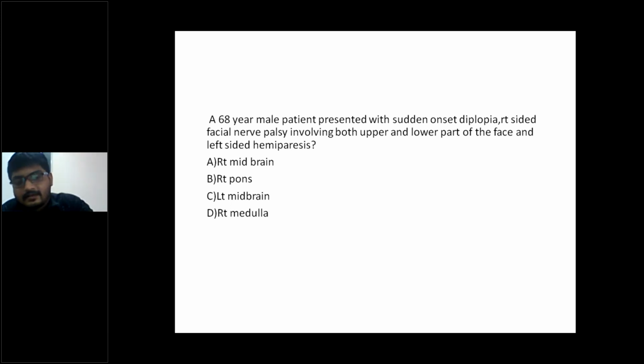And the same mimic, the same question I have focused on while discussing the PPRF and MLF. I have given this question actually. PPRF, MLF, one and a half syndrome, I discussed that before lockdown. I discussed paramedian pontine reticular formation and MLF. If the right pons or right medulla oblongata or right midbrain is affected, then the deviation of eyes to the right side is due to involvement of the gaze center, and weakness is on the same side. We have discussed this thing actually.